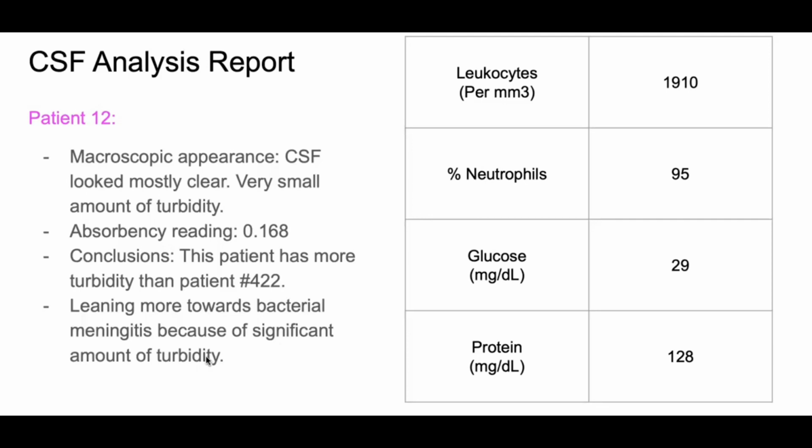When we put it in the spectrophotometer, the absorbance reading was 0.168, and we concluded the patient has more turbidity compared to the other patient, 422, and based on her results, we're leaning towards bacterial meningitis because of the amount of turbidity. And looking at this chart, her leukocyte levels are very high, with neutrophils. The glucose is low, protein is pretty high, and these are all characteristics of bacterial